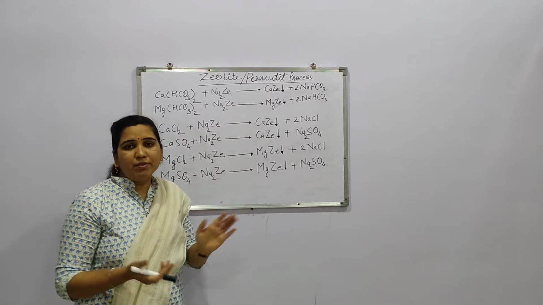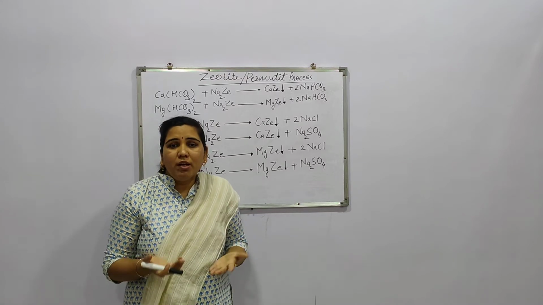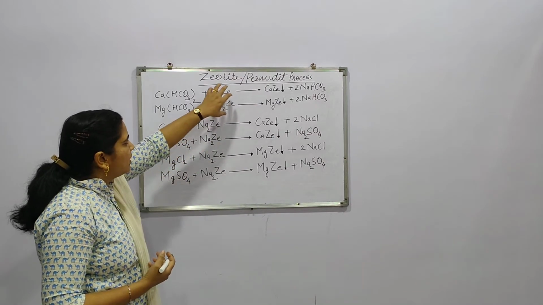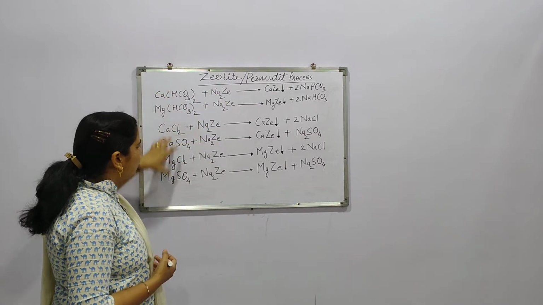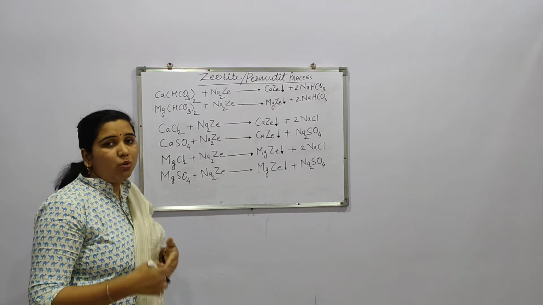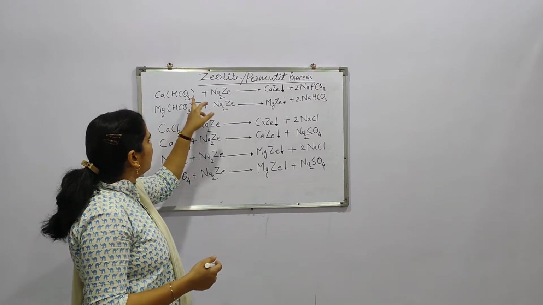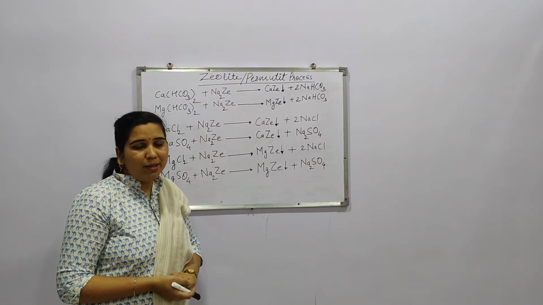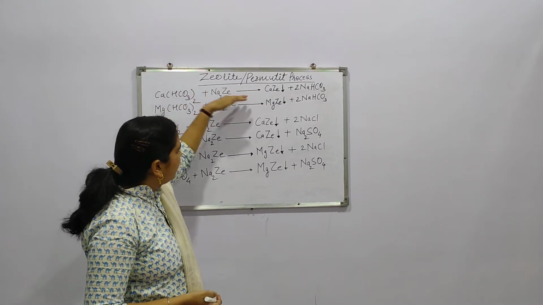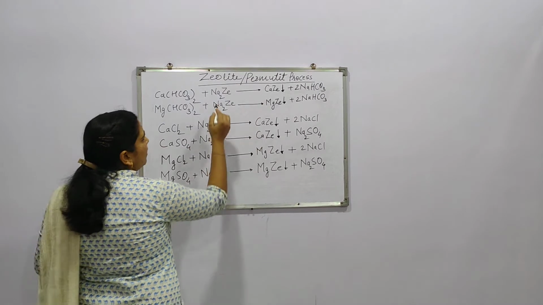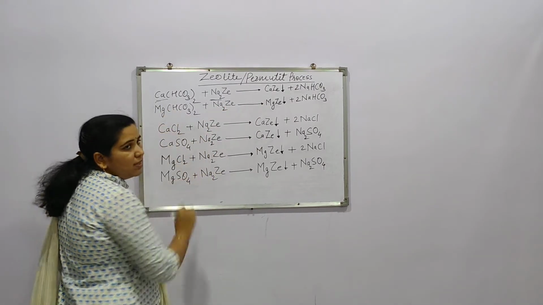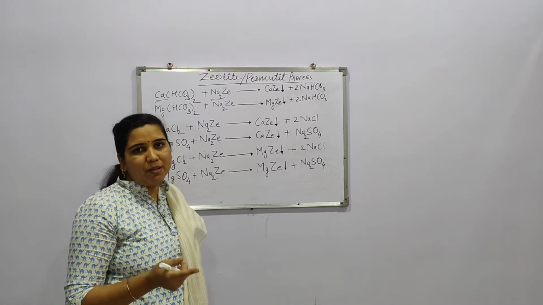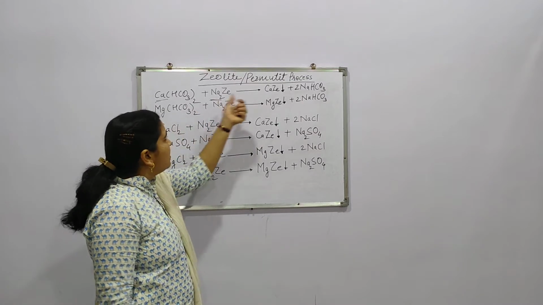We have just seen in this diagram that when water moves through the zeolite bed, all these reactions occur. So this Na2Ze is nothing but the zeolite bed, while all these salts are present in the water as impurities. Now how does the reaction occur? Here Ca(HCO3)2, which is calcium bicarbonate, reacts with Na2Ze, that is the zeolite bed, when water passes through it. Here the two Na are totally replaced by Ca, because Na is monopositive and Ca is dipositive. So two sodium ions are replaced by a single calcium ion, and in this way CaZe is formed.